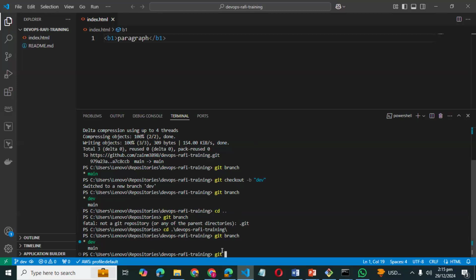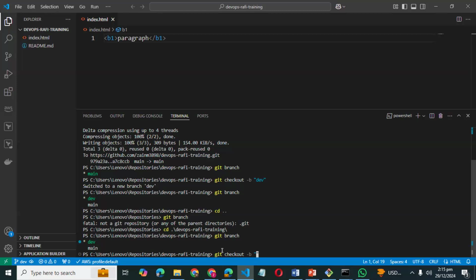Git checkout, and after that, what flag are we using to create the new branch? -b, yes, and after that, what do we need to write? The branch name which you want to create, right?